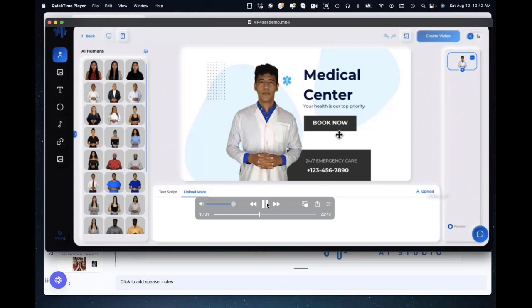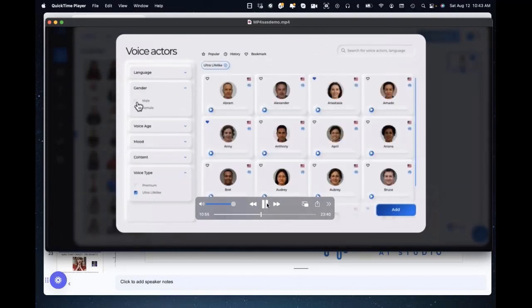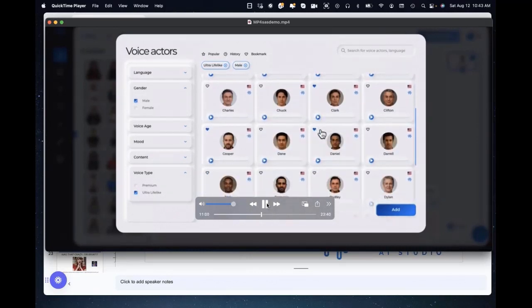And then you're going to need to have William here. I know his name from our previous products. We're going to need to have him actually say something. So you could either upload your own voice if you have the bundle, or you can go to the text script right here and you can actually choose to change to a different voice actor. So I'm going to look for an ultra-lifelike voice actor. Go with a male gender, obviously. Let's scroll down and see what some of my favorites were. Daniel seems to be one of my previous favorites. Let's play him and see what he sounds like.